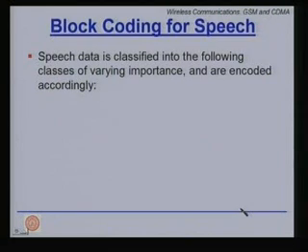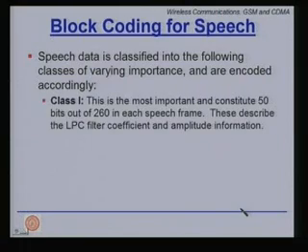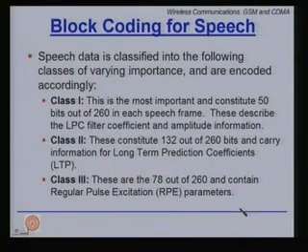Speech data is classified into the following classes of varying importance, and is encoded accordingly. So, there is a class 1, class 2 and class 3. Class 1 is the most important and constitutes 50 bits out of the 260 in each speech frame. These describe the LPC filter coefficients and amplitude information.